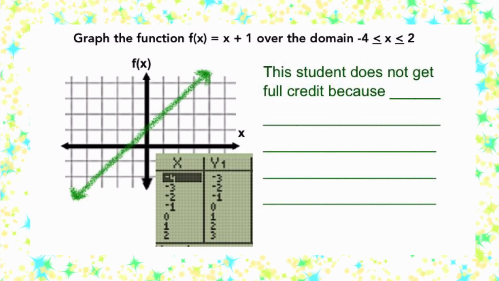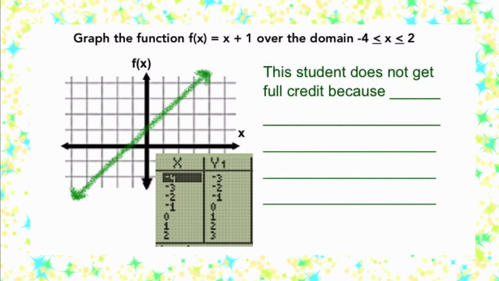Graph the function f of x equals x plus 1 over the domain -4 less than or equal to x less than or equal to 2. So let's say a student graphed this line in green. Just to review, this student does not get full credit because